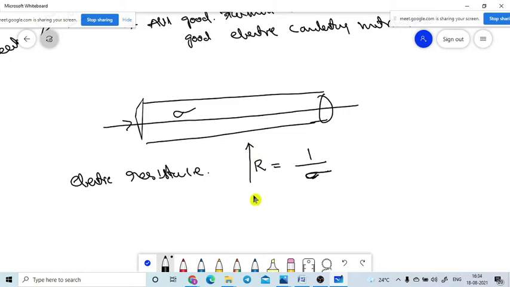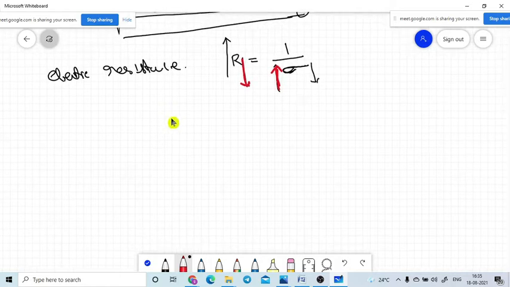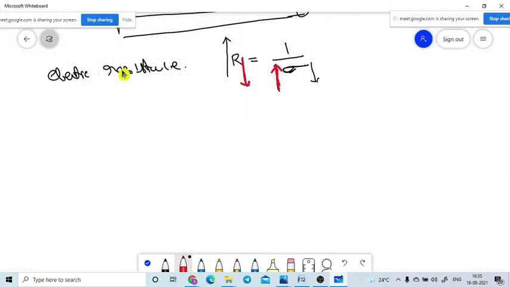Are you getting that? Yes, sir. So if this value is less, this value will increase because of the reciprocal. If this value is increasing, this value will decrease. That means poor thermal conducting materials are huge electric resistance materials. Poor electric conducting materials can be named as the highest electric resistance materials. In the similar manner, thermal resistance is also there.